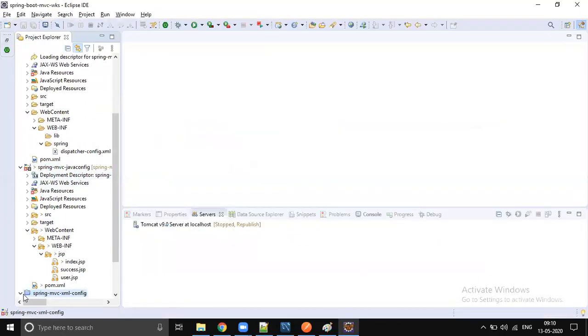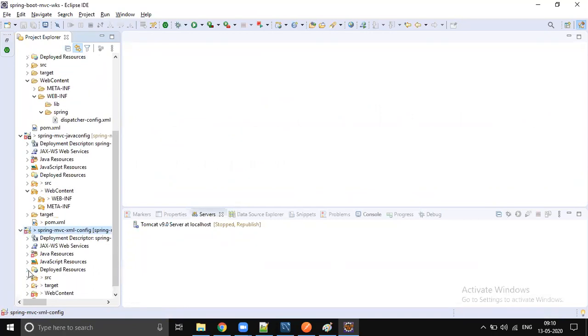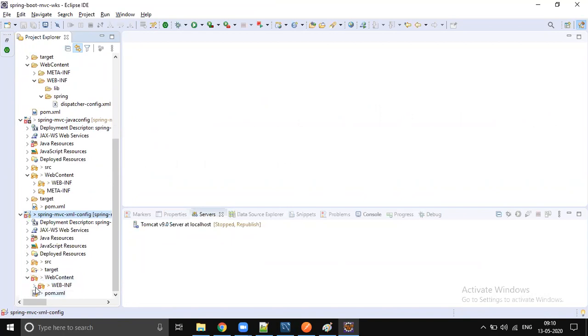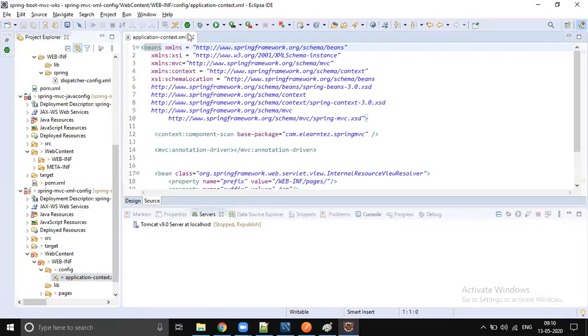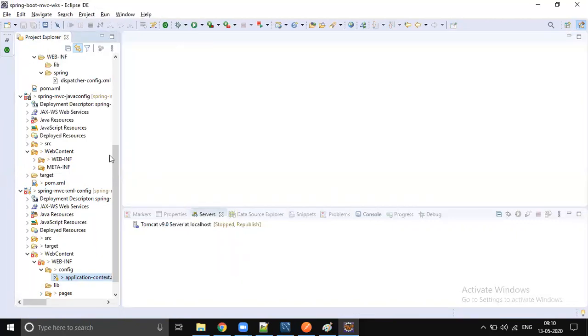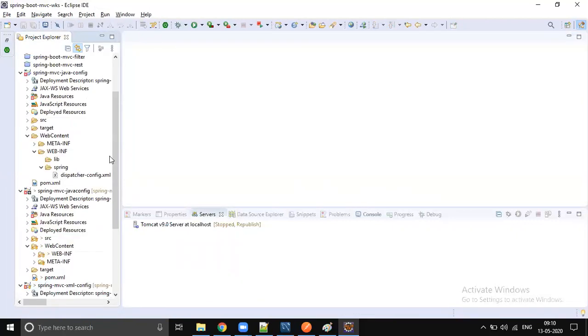Even in the last example, we wrote the application context.xml file in the WEB-INF config folder. You have to write this configuration. So in Java configuration there are two ways you can do it.